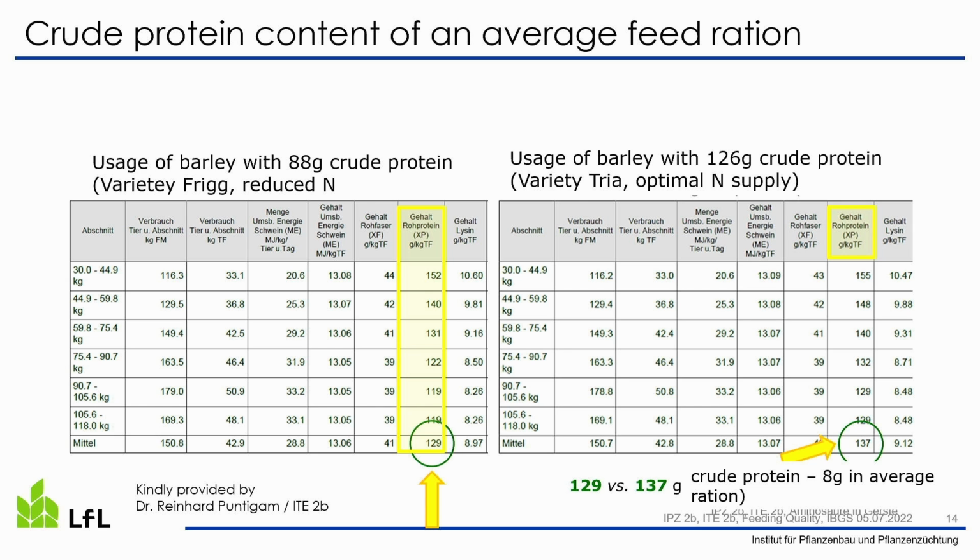Here on this side, you see the variety Frick with reduced N supply, and this variety has 88 grams crude protein in the ration, and this results, over all different feeding processes, in a medium protein content of 129 grams. Using a different variety with more crude protein content and higher leucine concentration, you have a higher crude protein content. So what does higher mean? It means a difference of 8 grams in the average ration. This sounds quite low, but